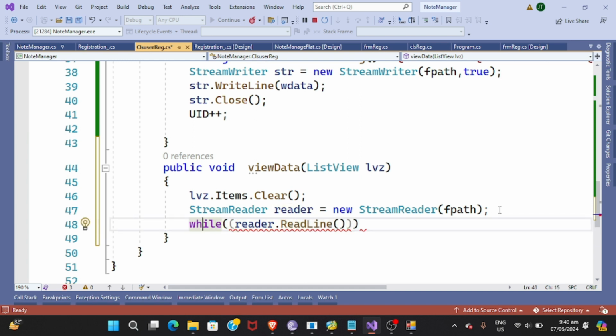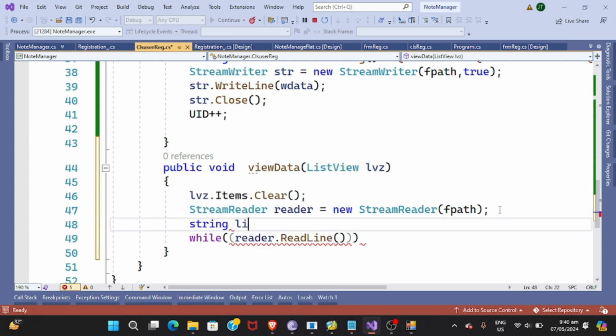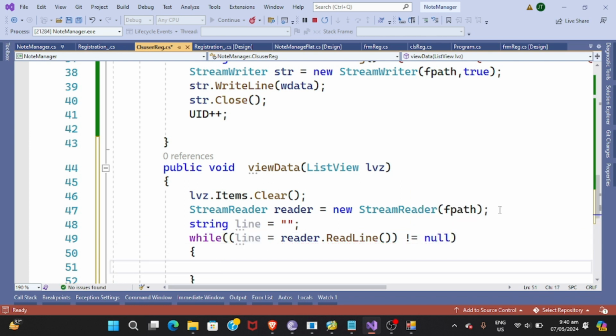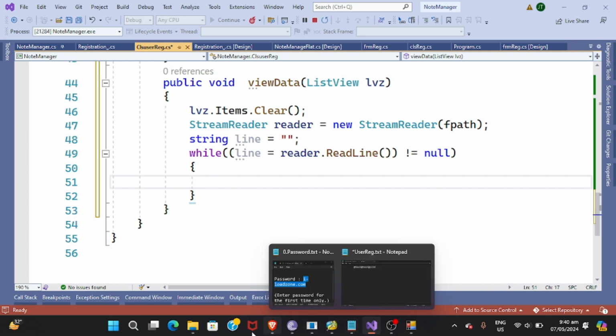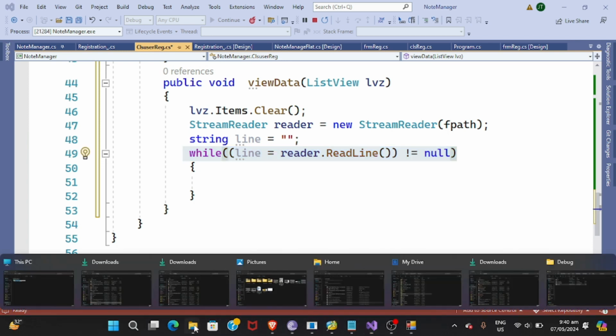Then I'll be creating a variable here, string line is equal to empty, and then what we want to do is we assign the actual line to the reader and then not equal to that. So what it means is that we iterate through all of the data. Okay, so this while statement, what it does is